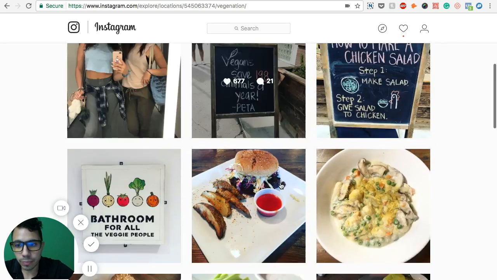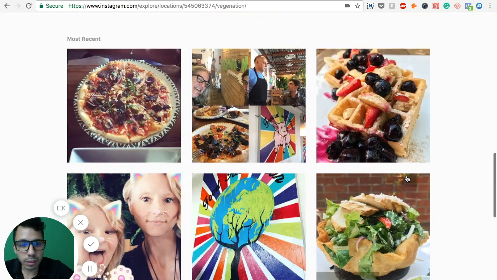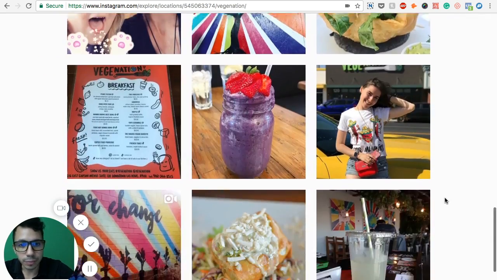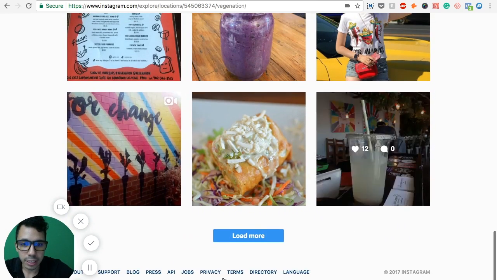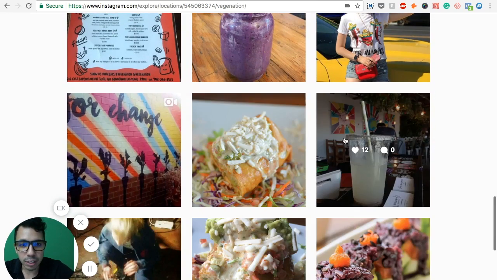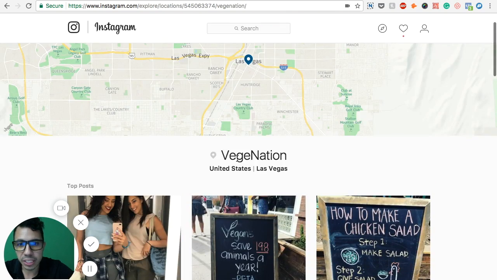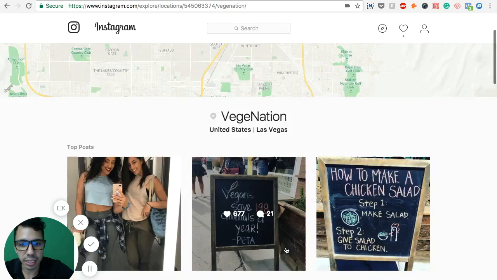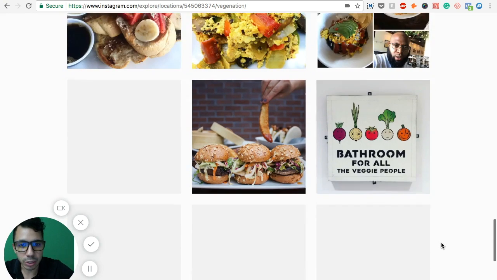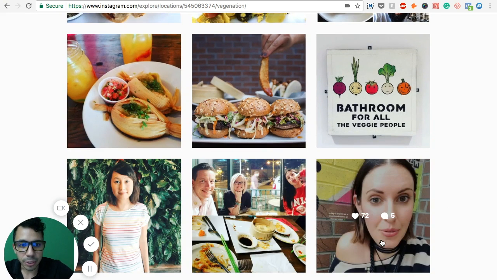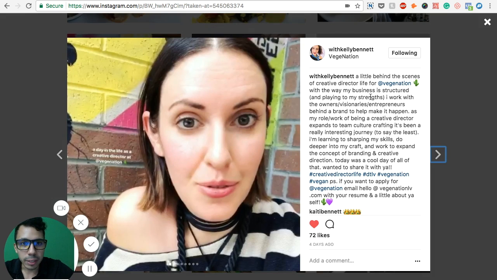geotags, or in a restaurant that is very similar to yours, you check their geotags. So people who actually came here, Veggie Nation is a place where we sell vegetarian, plant-based, vegan kind of food. So people who actually come here and check in with a picture are very likely to also want to come to Vegan Cafe. But some of them don't know about your restaurant, so you can just